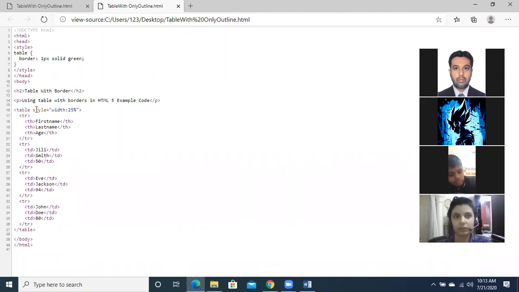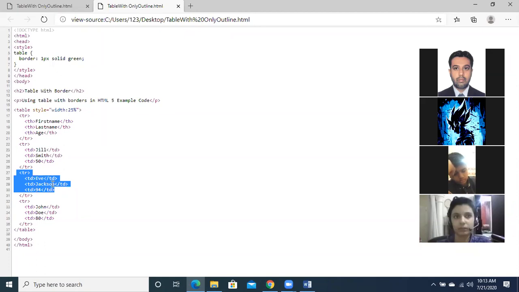Then I have changed the data. Now see, whenever we have a table row, in the table row we can mention table header. Over here the headings are first name, last name, age. Then in the next row we have table data: Jill, Smith and 50. Jill is the first name, Smith is the last name and 50 is the age. Then we have taken another row with table data F, Jackson and 94.